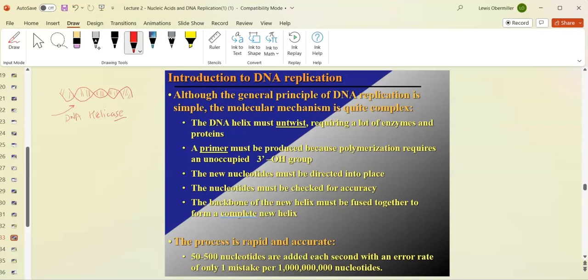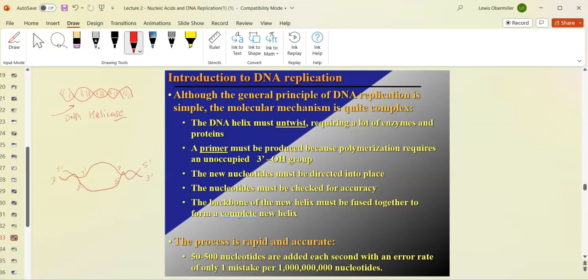So that's a local event. It doesn't happen for all the DNA, so you would just have, like, say this, and you would have an open area, like so, and this would be the area of the helicase. And then this, you would have a 5' end. If we follow this strand, this is 3. If that's 3, then this has to be 5. And if we follow this strand, this is also 3. And then so we can just write it here. If this is 3, this is also 3. And that's 5, this is also 5. And if that's 5 over here, then this